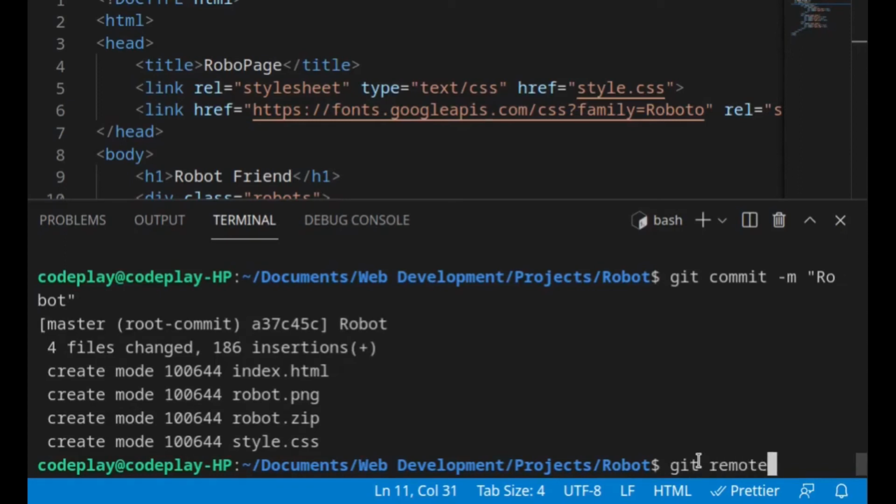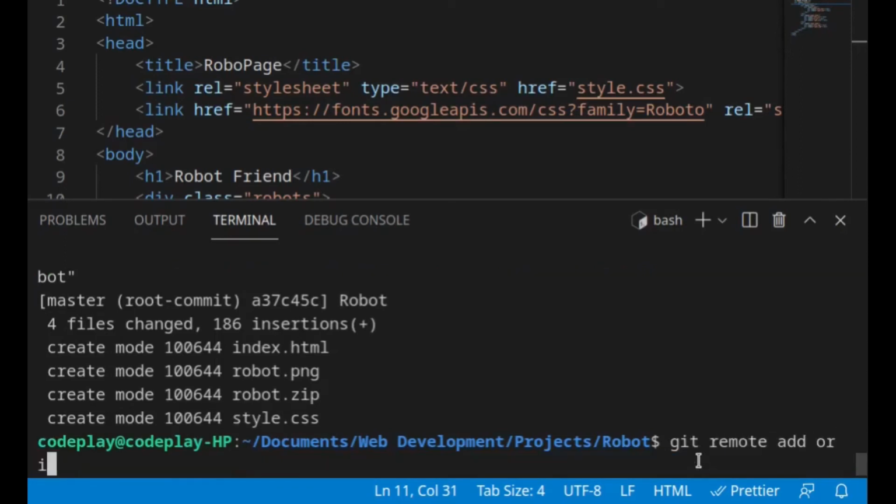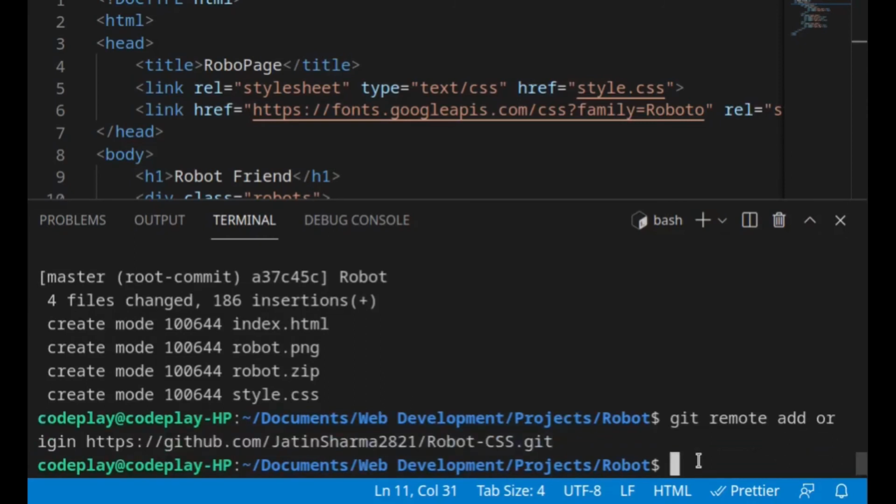So git remote add origin, and here is my URL. Now we can check whether the remote, as it is called in technical language, has been initialized or not.